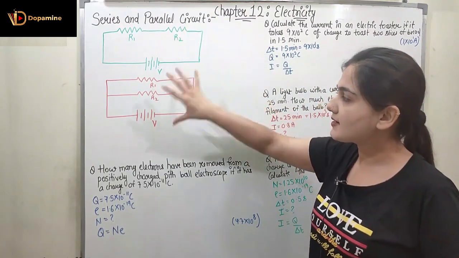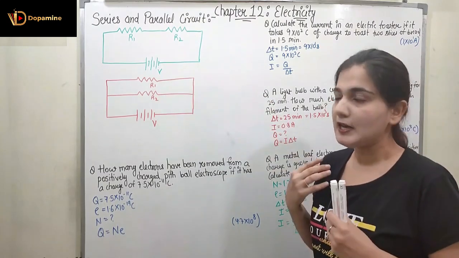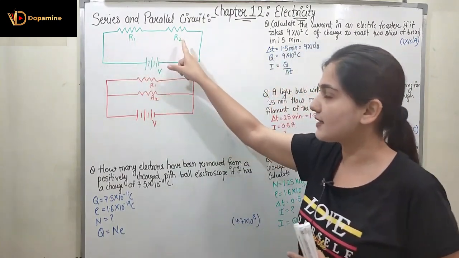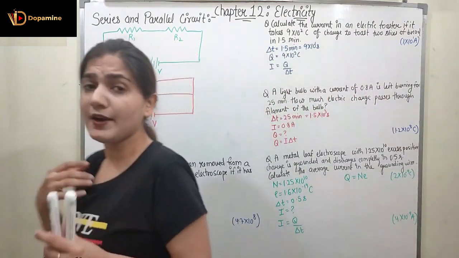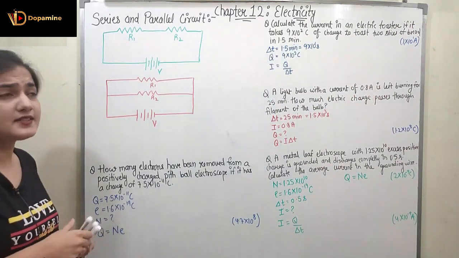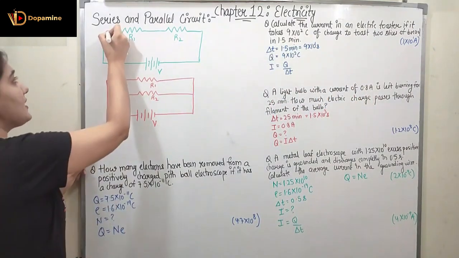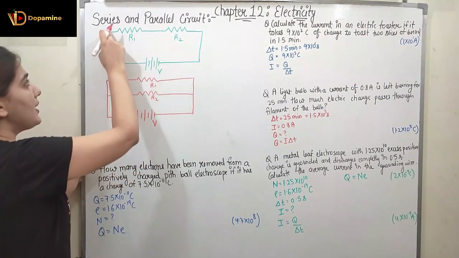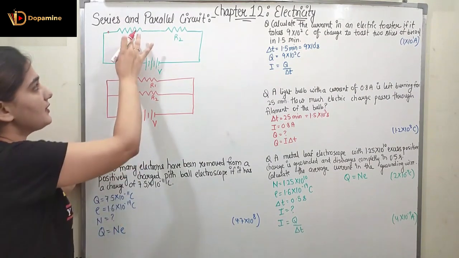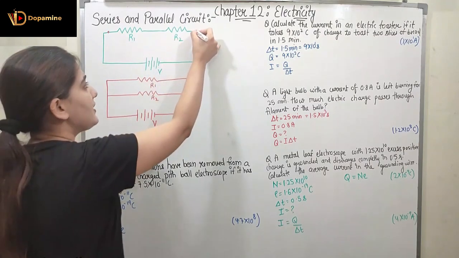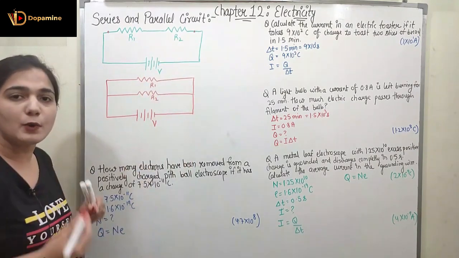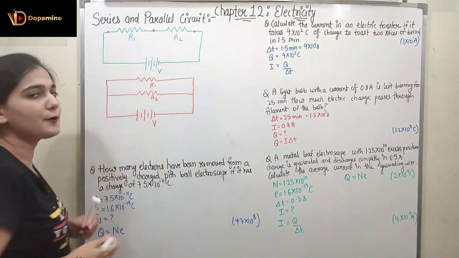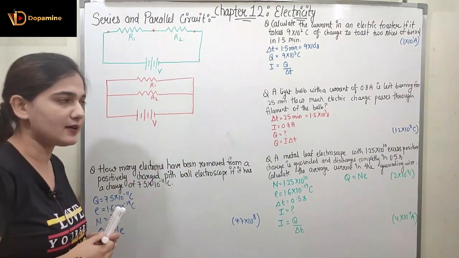This is my series circuit and this is my parallel circuit. Here we have a voltage source connected to two resistances in series. We denote this circuit as series because if I see the resistance R1 and the voltage V, only one terminal is common between R1 and V. Similarly, if I see R2 and V, only one terminal is common. Here R1 and R2 are also connected through only one terminal.